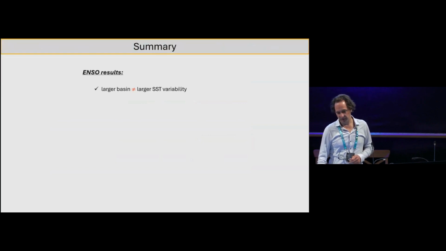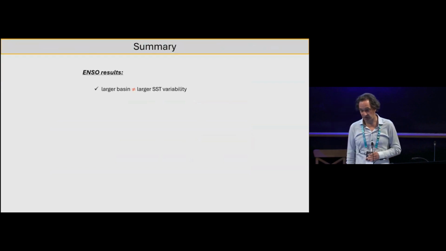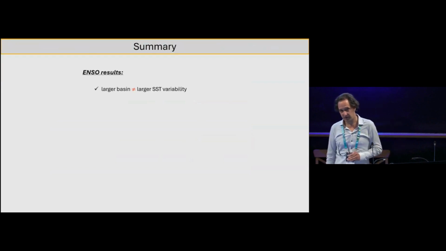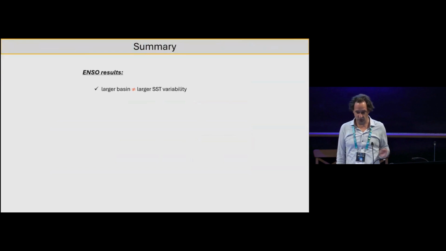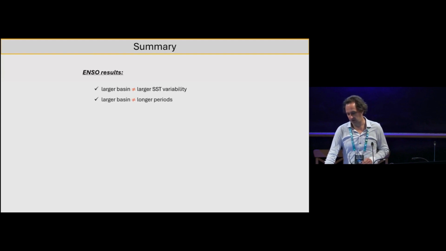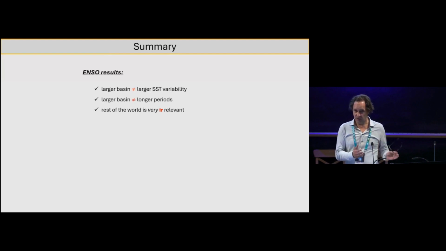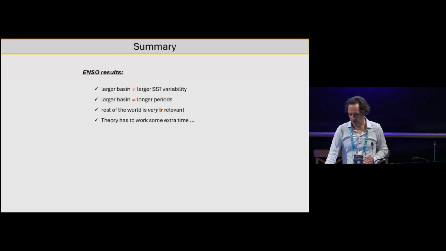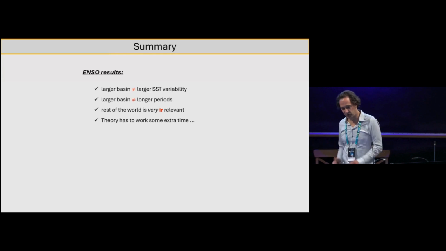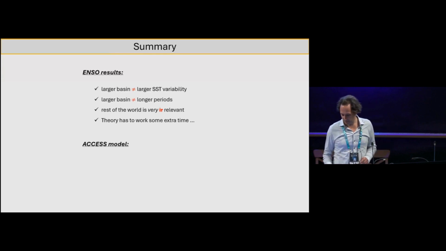Okay, summary about ENSO. Larger basin does not equal larger SST variability. This is, from the theory, incorrect, or the models that I'm using are incorrect, but I think the theory has just not considered this. Larger basin is also not longer periods. The rest of the world is not irrelevant, it's actually very relevant. So I think the theory has to work extra time to work out what is going on, but I think